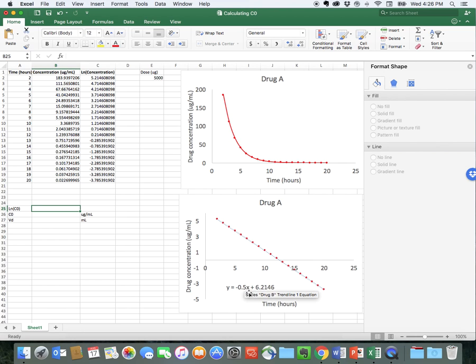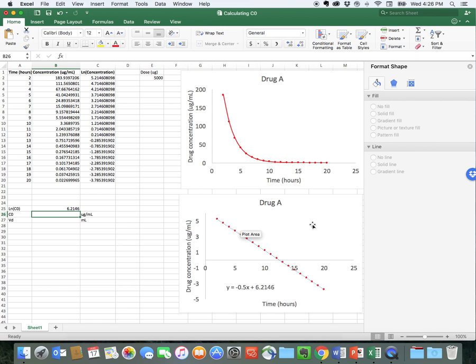So we plug x equals 0 into this equation, and that will allow us to calculate y, which is the natural log of the concentration at that time. So let's do that. Times 0 plus 6.2146. And no surprises there, the natural log of the concentration at time 0 is